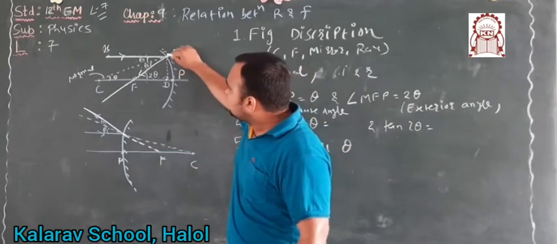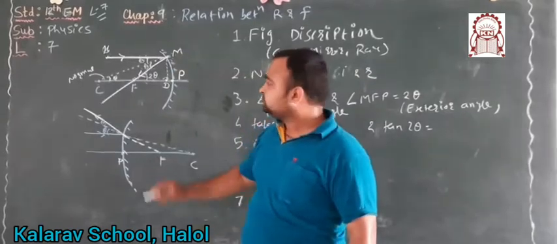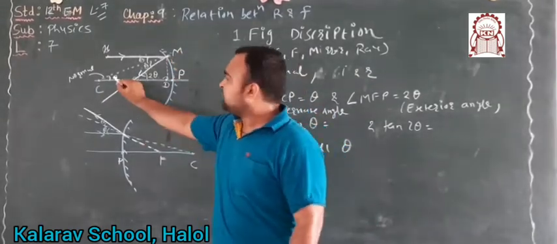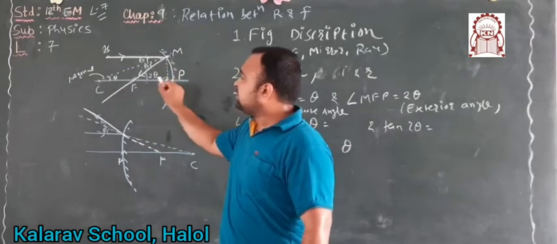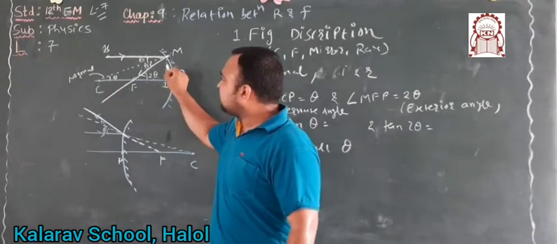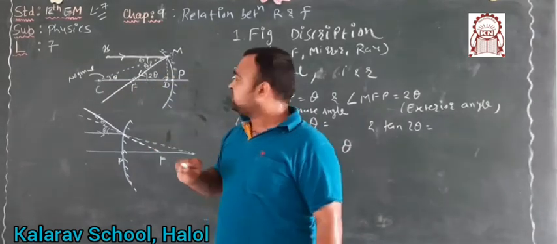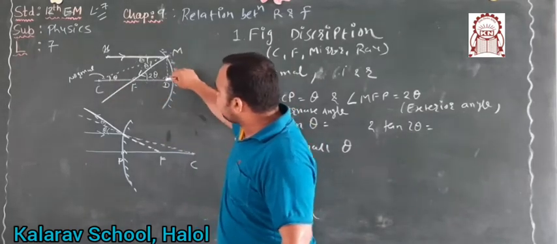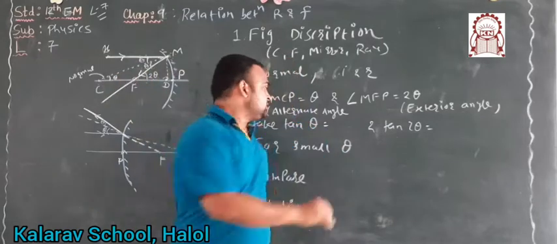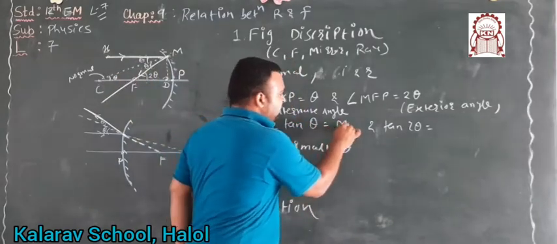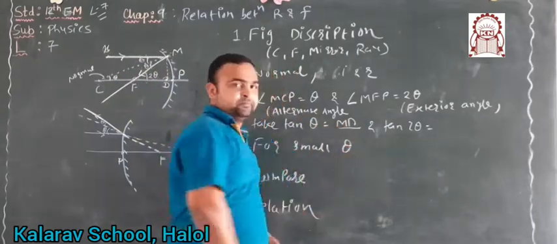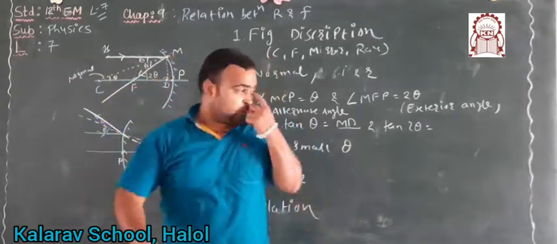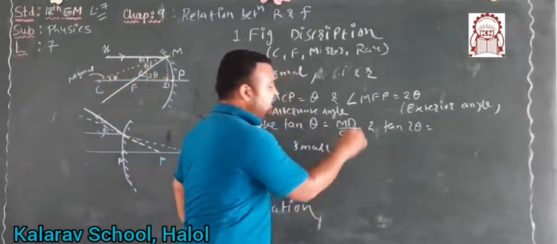Okay, so we are drawing here one line that is the perpendicular line. Now the triangle will become triangle CMD. For this right angle triangle CMD, tan theta will be what? Opposite side divided by adjacent side. Opposite side will be MD. So here we write tan theta equal to MD divided by adjacent side. Adjacent will be CD. So here we write CD.